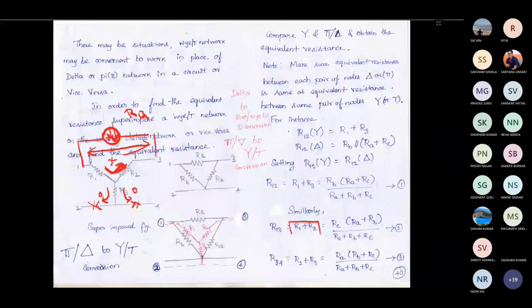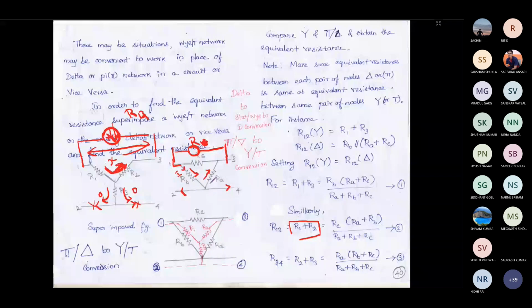Similarly, for R13 for the delta combination, you have to connect a voltage source across this RC. Here we are applying a voltage source across terminals 1 and 3. So if you apply a voltage source across this, the current will not flow through 2 and 4 because the circuit is not closed. Now, if some current enters here, that can flow through this path. The I current entering here, the same I current will be flowing through this path.